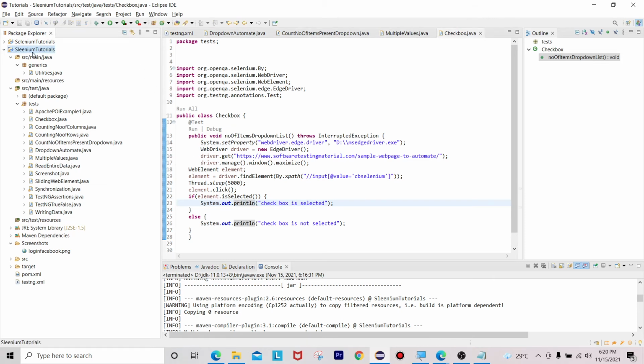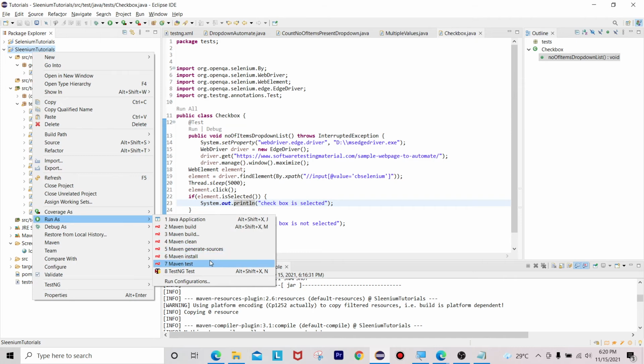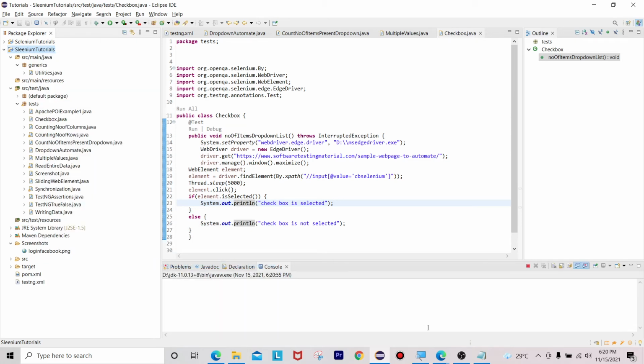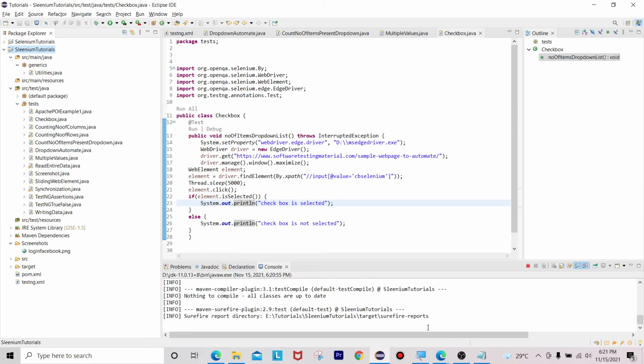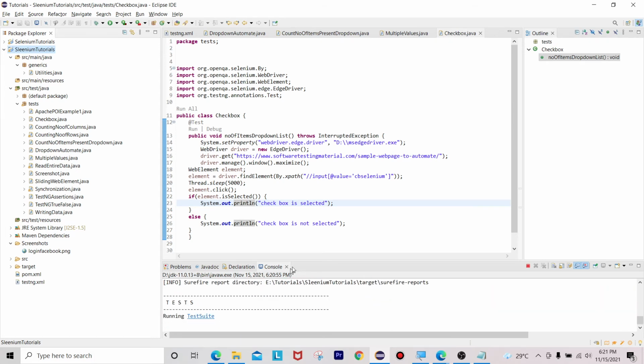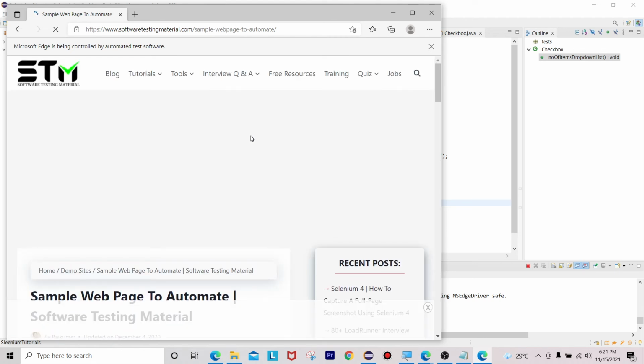Then let me go to this one, run as Maven test. Okay, now it is launching our browser and URL. Okay, now it is going to maximize.